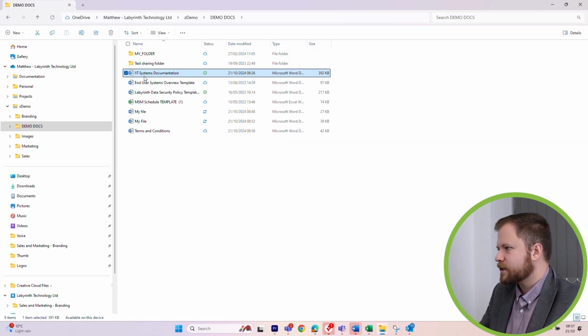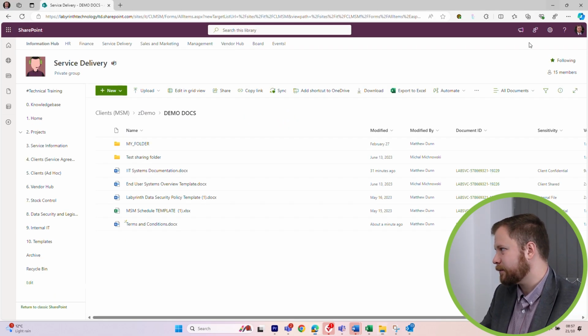In OneDrive, if you want to move a file or a folder around, it's exactly the same. To an extent, you can just drag and drop them. If you did want to move them to a completely different site that you don't have synced, I would recommend doing that via the SharePoint Web Interface. In general, I would recommend using the SharePoint Web Interface to move more than just a few files around, because